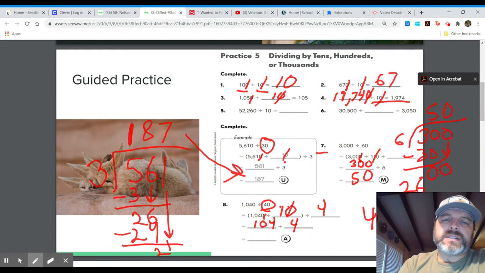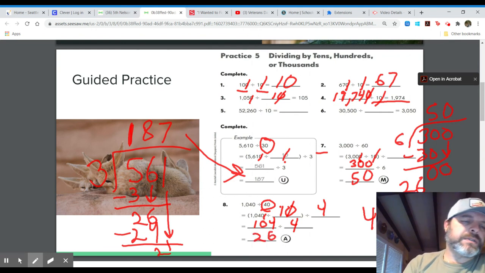So that's 26. Okay, I'm going to post all this on the YouTube channel, so if you want to watch it again. If you're having trouble with the division part, what I'll do is go over this tomorrow, and we're going to take some notes, because I can already tell that this is getting to the realm of